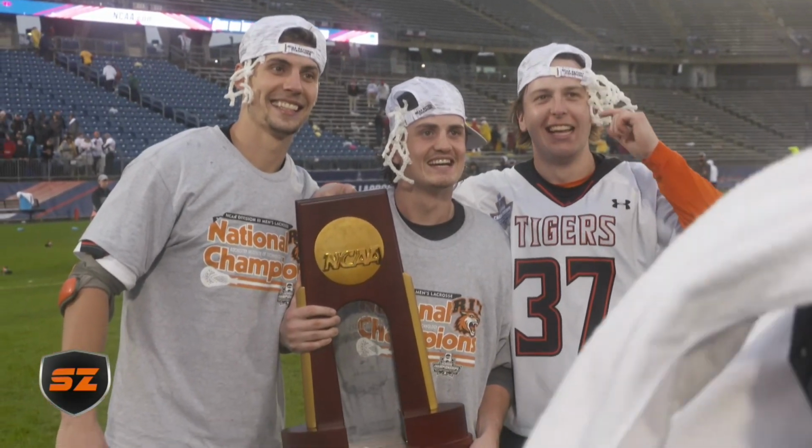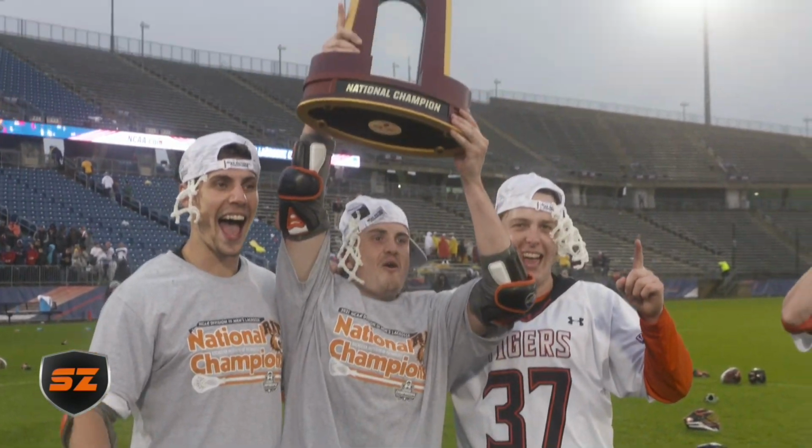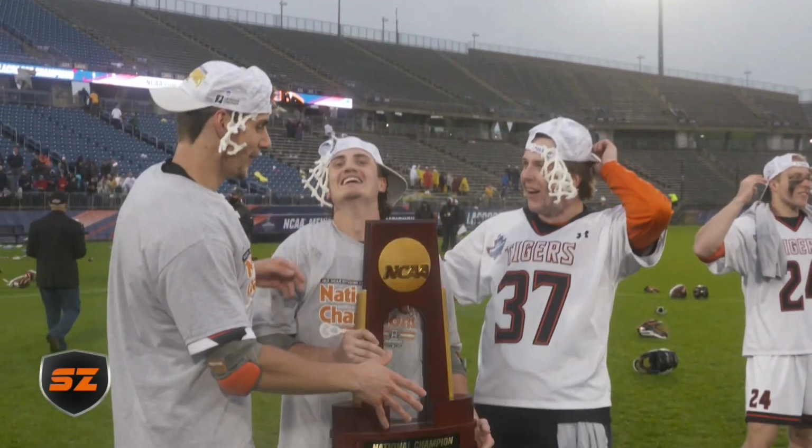We put 53 stones in, 1 for each class up to this point anyway. We put 14 larger stones incorporated in that for our 14 wins. We had the logo, the championship logo on the side. We wanted the trophy in there because we had some good times with the trophy, so we included that. You know, ultimately that's what this is all about, the experience, the friendships, the love, the support, the camaraderie, all